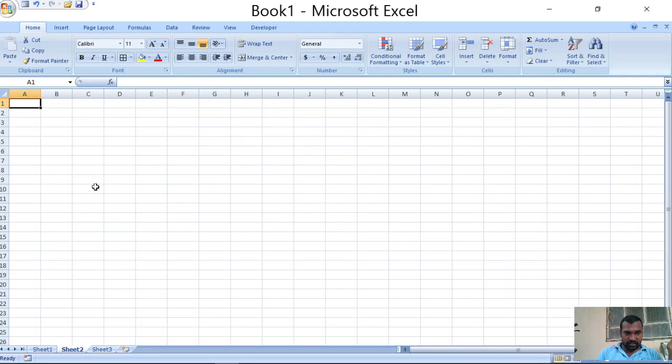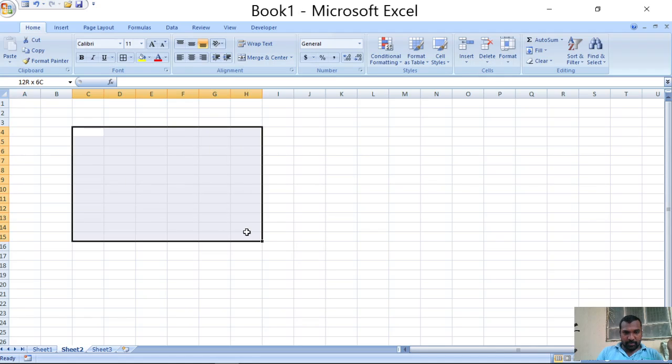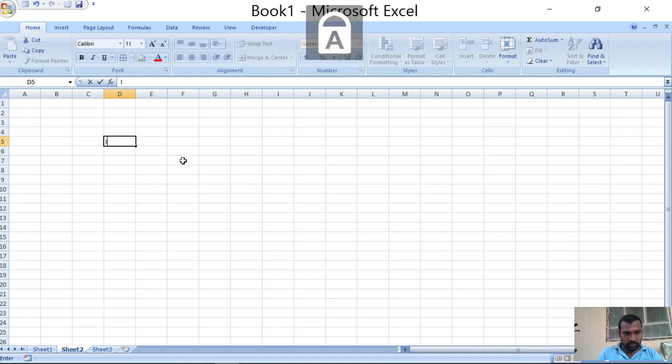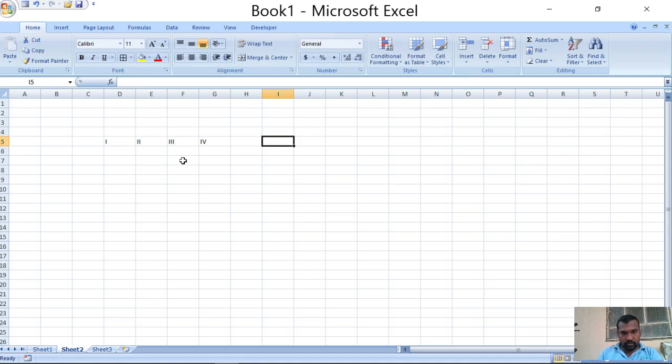So one thing you need to remember, that we have not covered in the earlier sessions. Let us move on to sheet 2. Now here I am going to prepare a timetable. As we know, we have 7 hours and from Monday to Saturday. I am just using the fill handle, so it automatically continues the series.